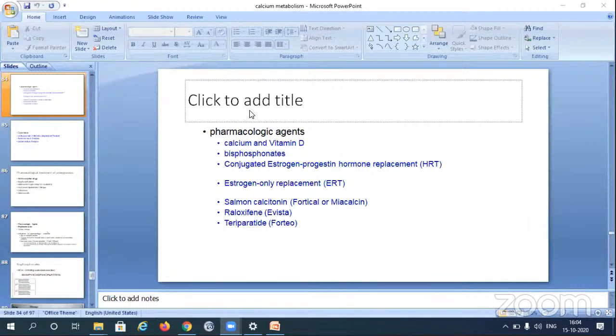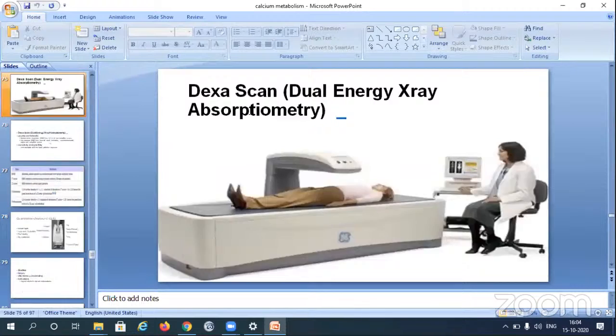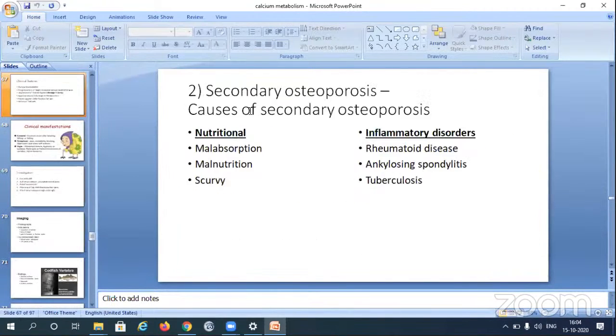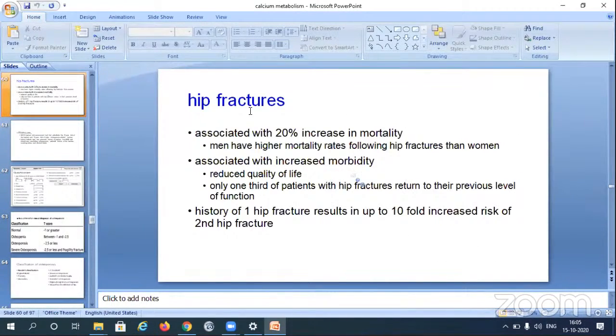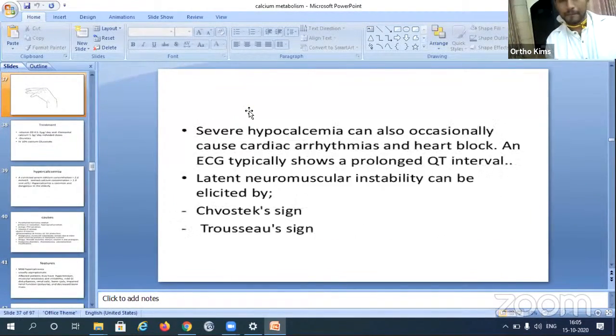You should read in detail, no? Daily we are prescribing, then you should know. Khalid, I think you explained how much is absorbed in the gut. How many percentage of calcium will be absorbed? 40 to 70% of the calcium will be absorbed. In oxalate it will be 70%, sir, whereas in citrate only 40% is available.